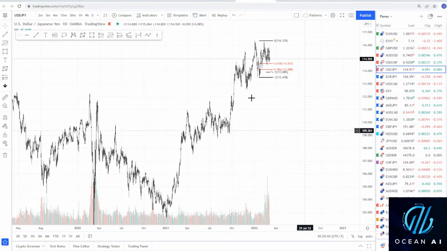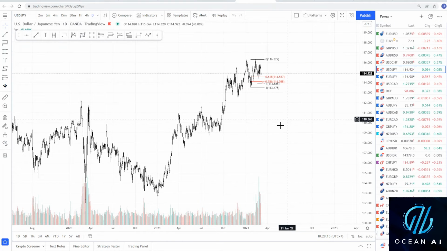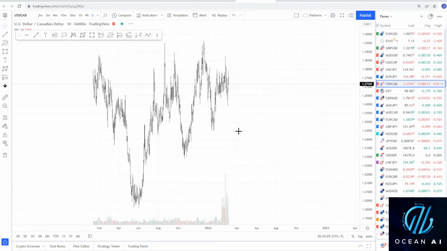We got the yen, US dollar yen. Not a lot happening here. We've just been sort of trapped in this range for the last month or so. So go into a smaller time frame and probably find something. But as for now, I'll just leave it at that. Canadian